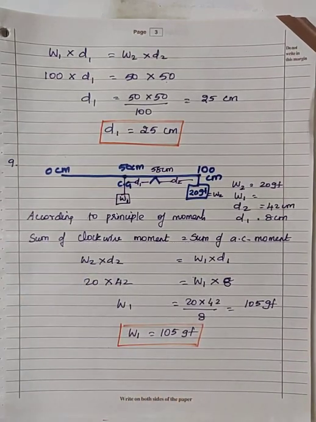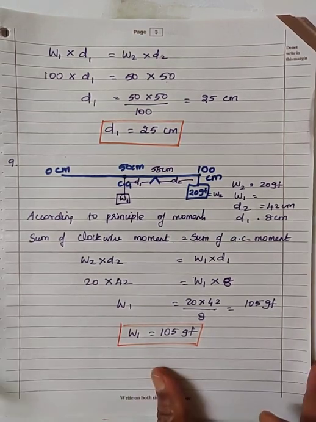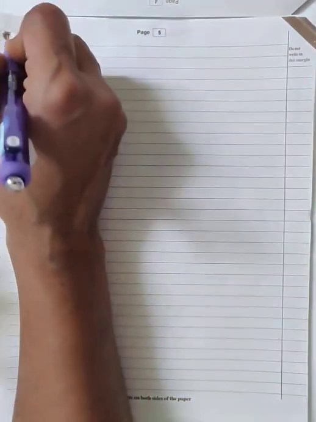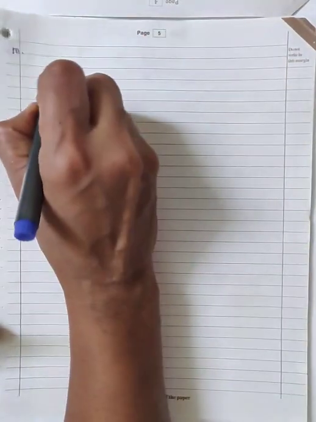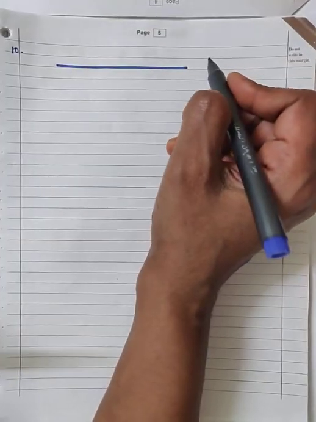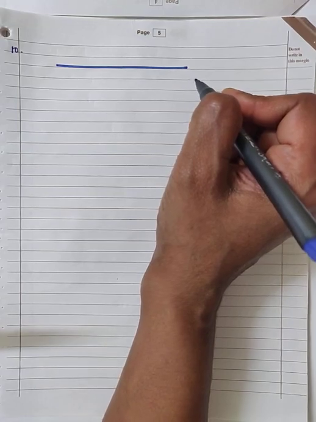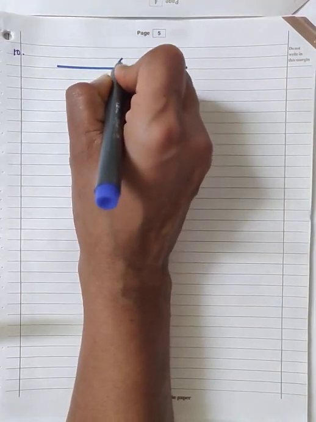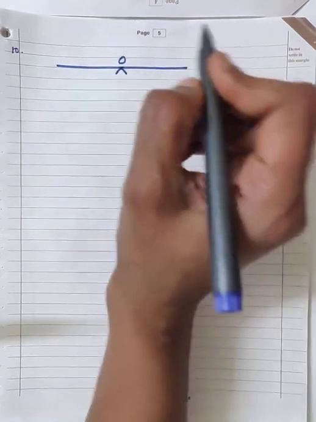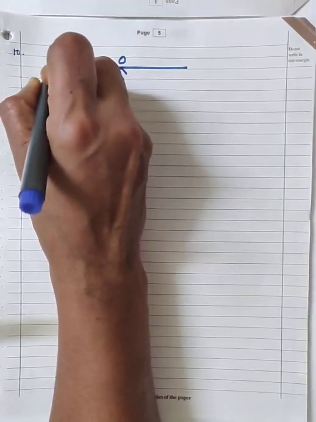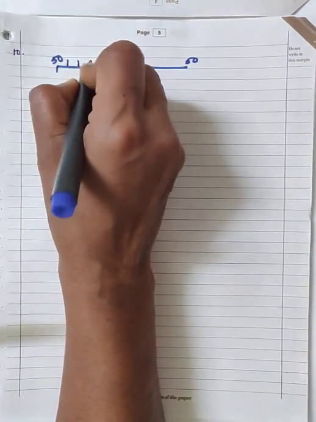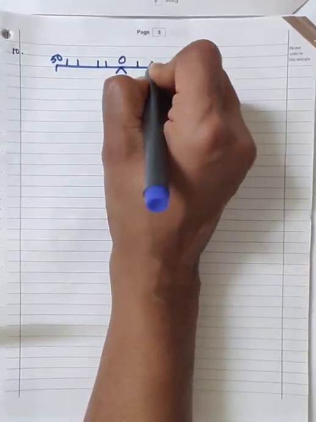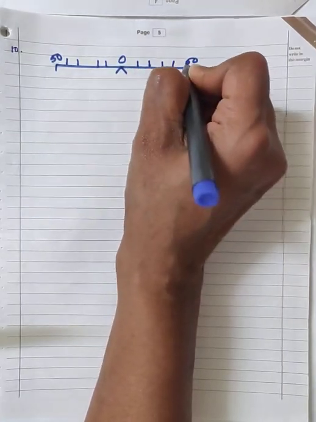Yes. Next come to the 10th question. For the 10th question, the diagram is given in the textbook itself. Okay. So in the diagram, I will draw the simple representation of this one. It is a uniform bar, which is pivoted at this point at 0 and 50 centimeter here, and this side is also 50. In between that, it is divided into equal parts, 20, 30, 40 and 50.